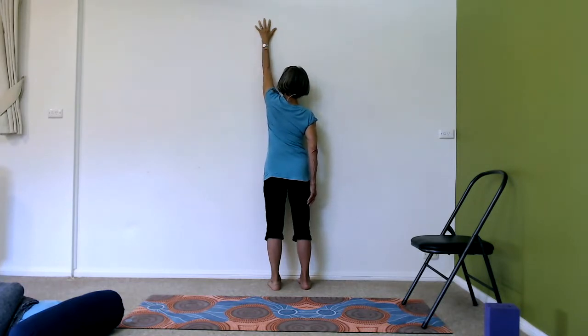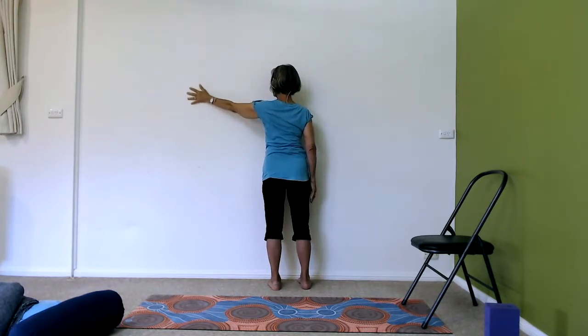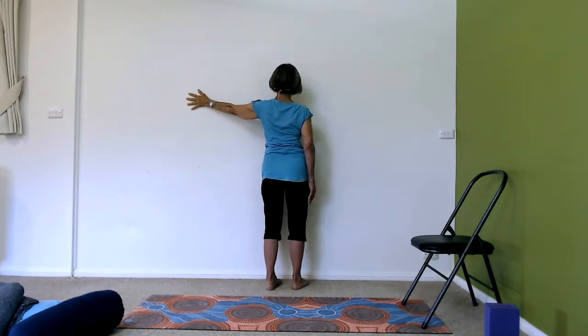Good. Open that out to 11:30 on the clock dial, anti-clockwise, pressing your hand, toning the upper arm muscles, the collection of them, biceps, triceps, deltoid. Good, let's move on, and then placing your hand out at 9 o'clock, and then let's do the rotation and